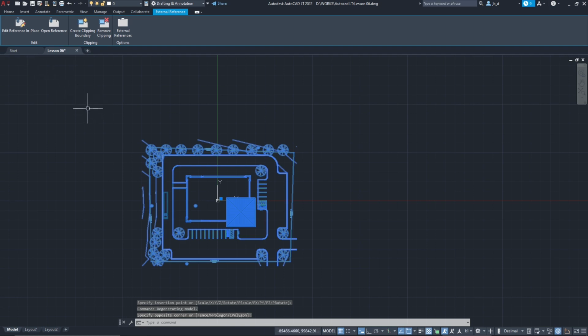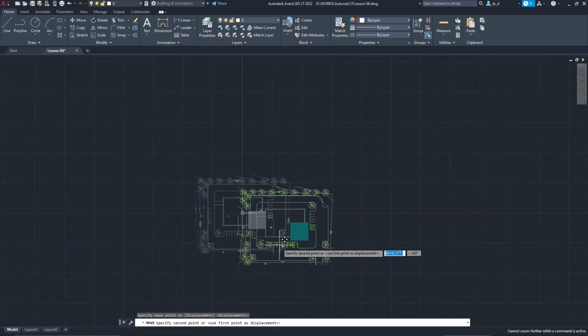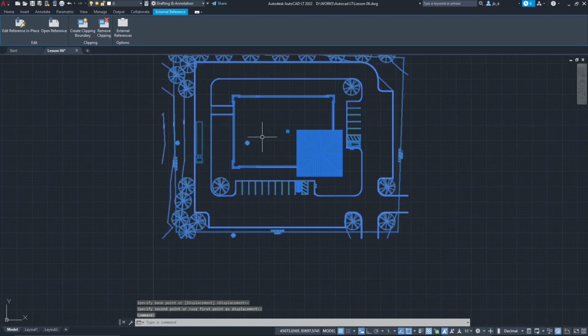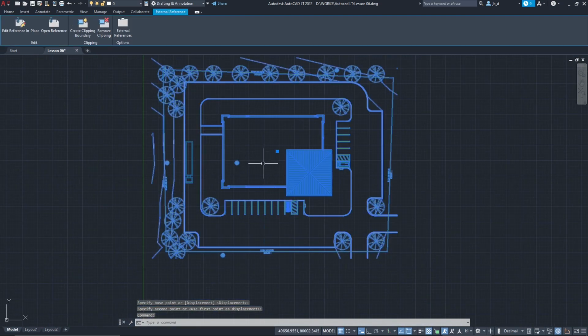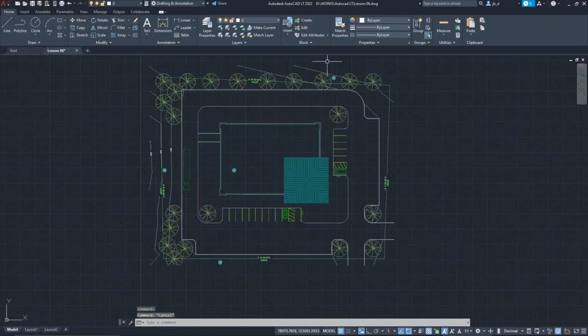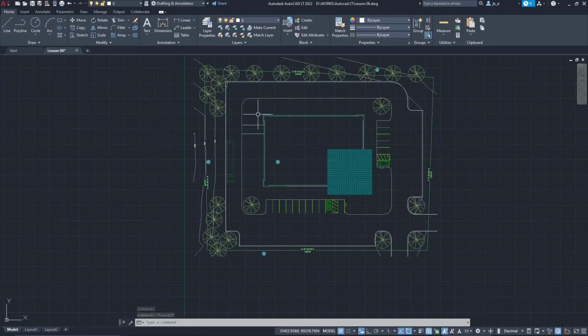Now I can select that and I can move it. So select it and move it. Let's place it somewhere around here. And if I select it again, you can see it looks like a block or a group, something that's just one element. Now, the first advantage that we have using any vector graphics like CAD files or other is that